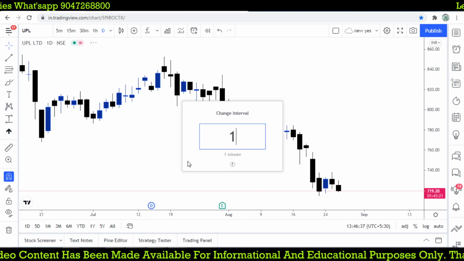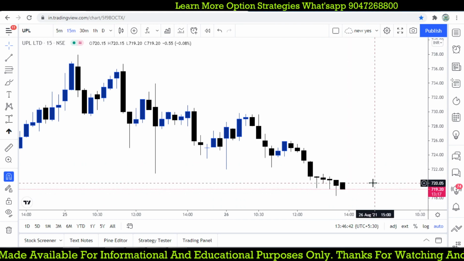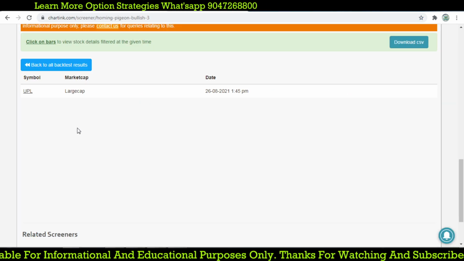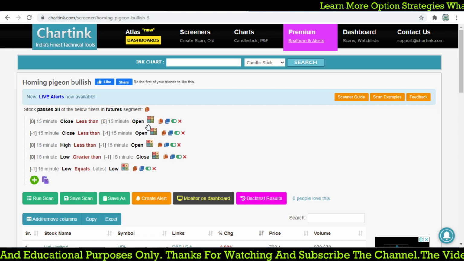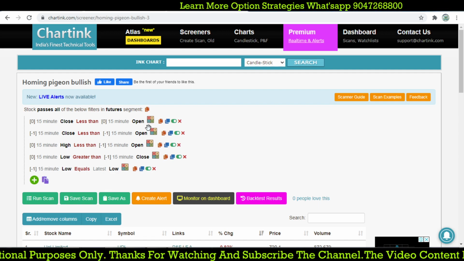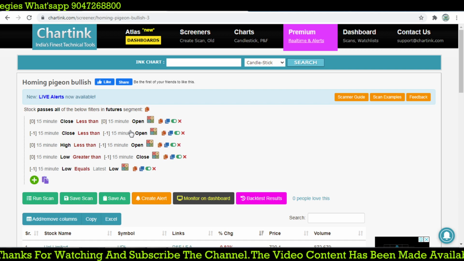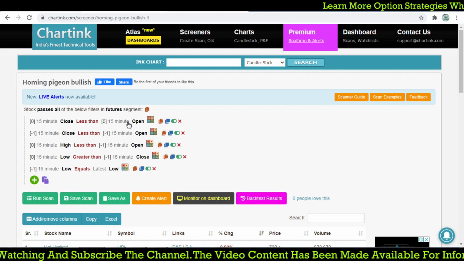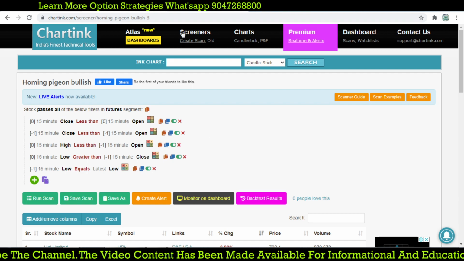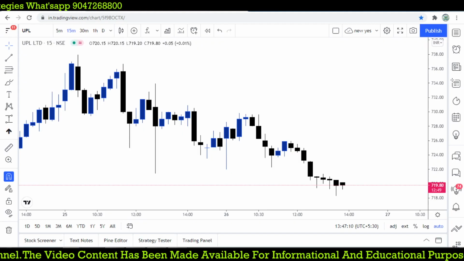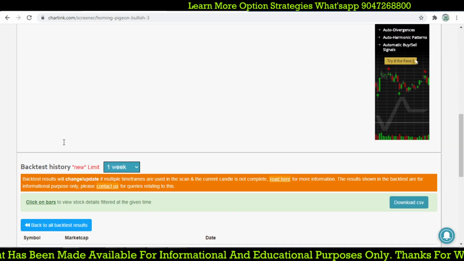UPL future, 10 minutes time frame. This is not good. I think this kind of candlestick pattern is not working on an intraday basis. Okay, so daily only we can use. That was the homing pigeon, which was working well, and whenever we focus on this, it will give you such a great kind of reversal pattern. This is a bullish kind of reversal pattern, where if it forms at a day low or a day high, it will give you great intraday positional opportunities, right? So intraday we didn't find a lot of stocks.